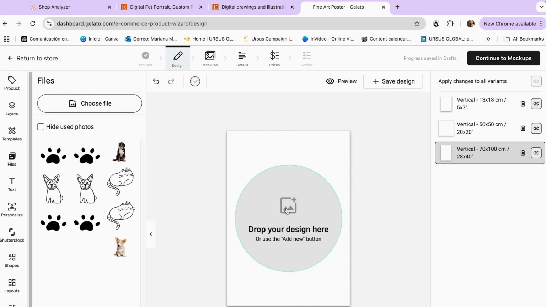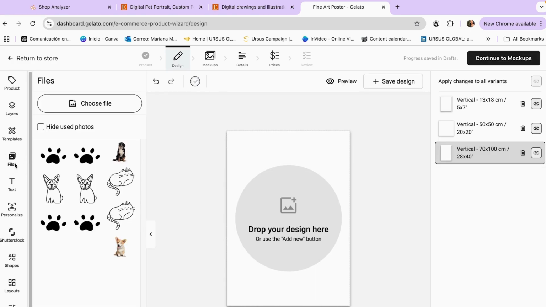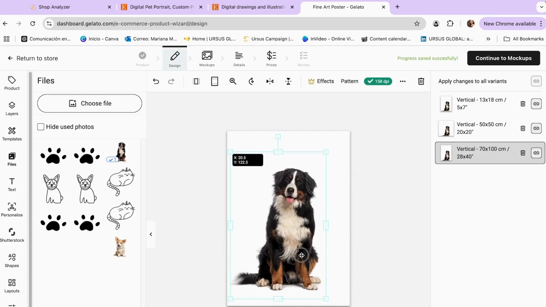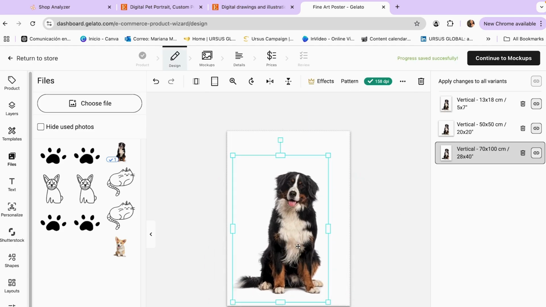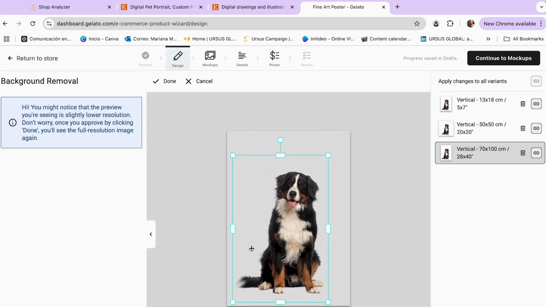So you can either go and click over here to add your design. And as you can see, it's gonna give you different options. We have my device. You can also use pictures from Shutterstock. Otherwise, you can use Google Drive, Google Photos, or Dropbox. Otherwise, you can also go and use this section of files over here. I'm gonna add my dog, and I'm just gonna make it bigger, so it fits perfectly on my poster. What you can also do is just go and add an effect. You can go and remove the background. As you can see now, it removed the background of my dog, so I'm just gonna go and click in